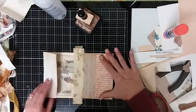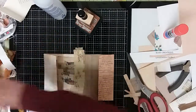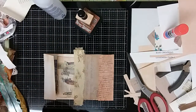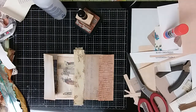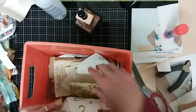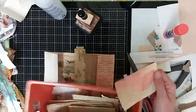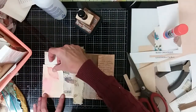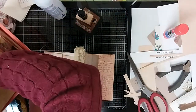Okay. So there is that flap. And we just need to find something else pretty darned cool to go on this one. And I'm wondering, no, it's going to be too much white. Too much white. What do I have over here? Let's see. I have a box of stuff over here. That's kind of neat. Is that big enough to go on there? That's big enough to go on a portion of it. So maybe that and